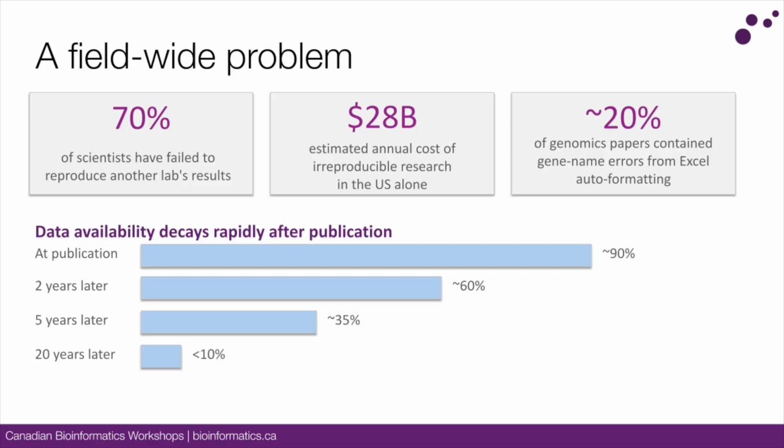And this is not a problem that's going away. This is even getting worse with the years. At publication, typically you can find 90% of the data. So you publish your paper, your nice Nature paper, you're first author, great, you have all the data. It's all linkable. But if you look at it 10, 20 years later, it's almost all disappeared.